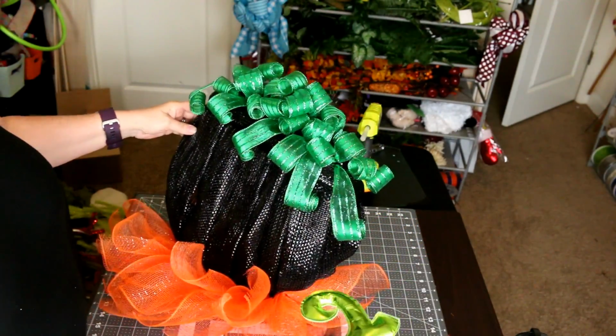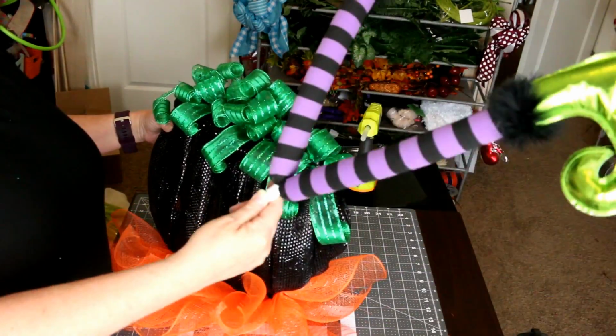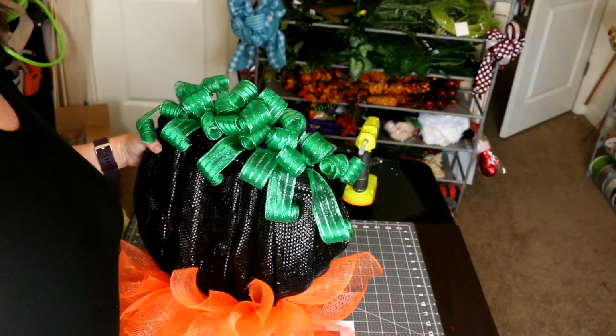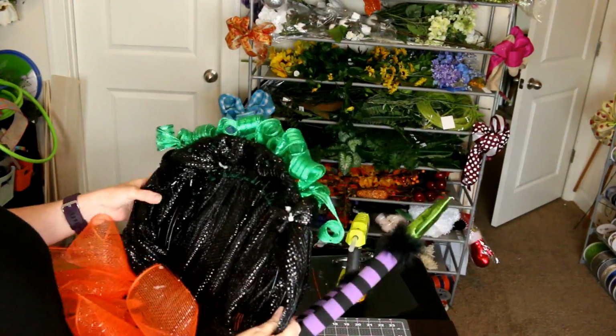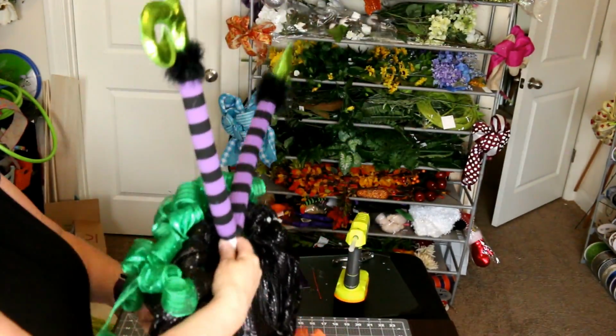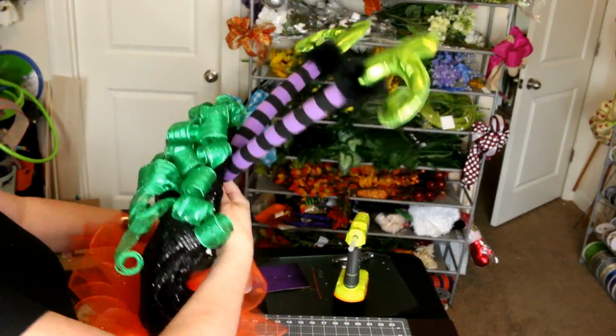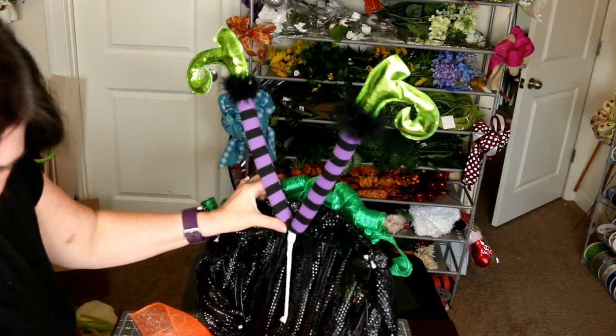So now that I've gotten this done, I wanted to go ahead and put the little witch's legs on. Let me pull this up a little bit. Okay. So what I'm going to do is go to the back. I want to figure out where I want her legs to be, about right here in the middle. Okay. Then I'm going to